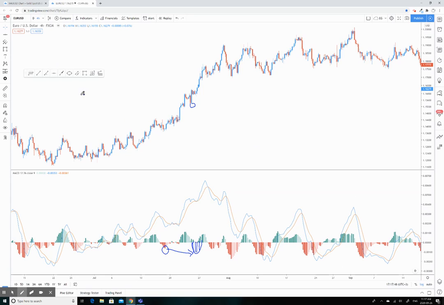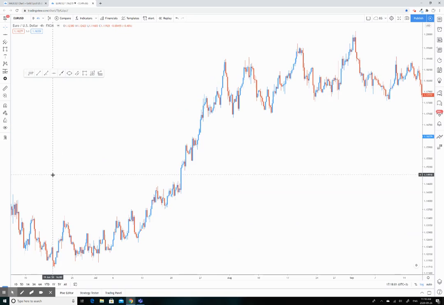But divergence is the other way I incorporate the MACD. And last, now, some people might hate me for saying this because I am going to talk about fibs,